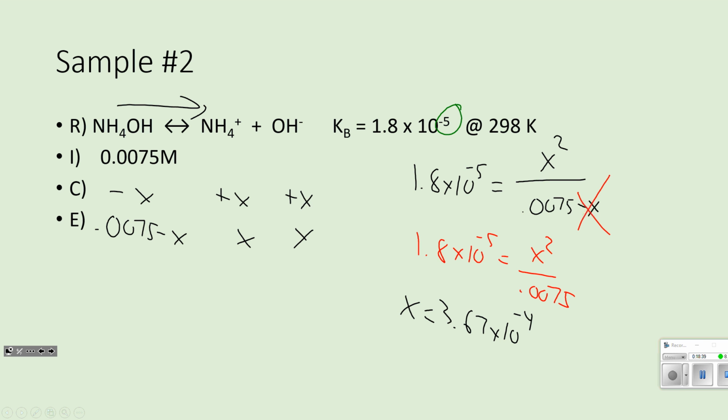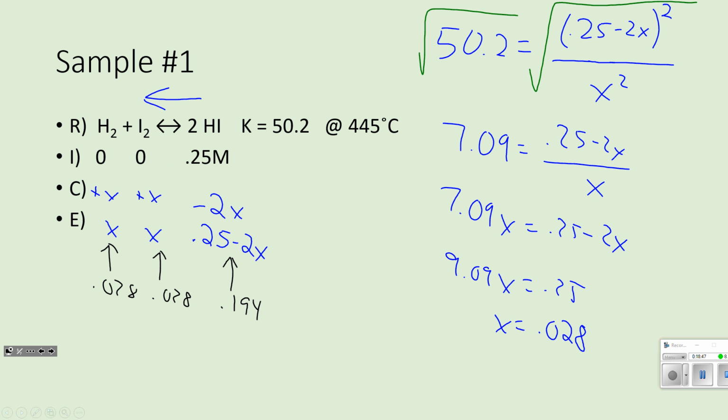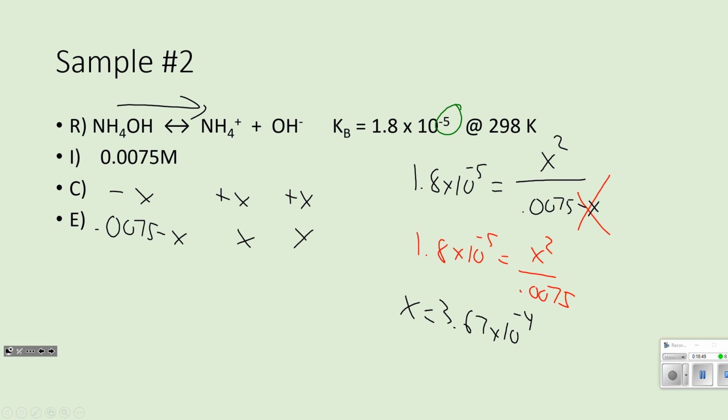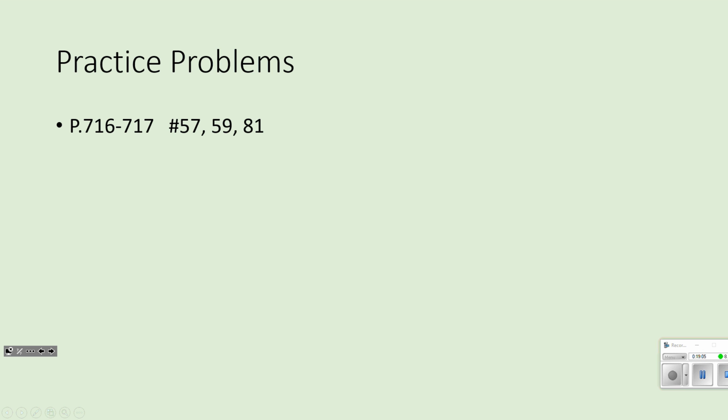There might be other slight algebraic things that we can do, but the ones that I just showed you, either you're able to take the square root of all of it, like I show on this one, or we use the approximation. These are the 2 most common methods when at equilibrium you don't know anything. And that's what's different today versus what we've done in the past where you've already known stuff. So, between these textbook problems and then the worksheet you picked up on the way in, and again, I just put another Le Chatelier's principle thing, we're halfway down. It's a question that used to be on an old